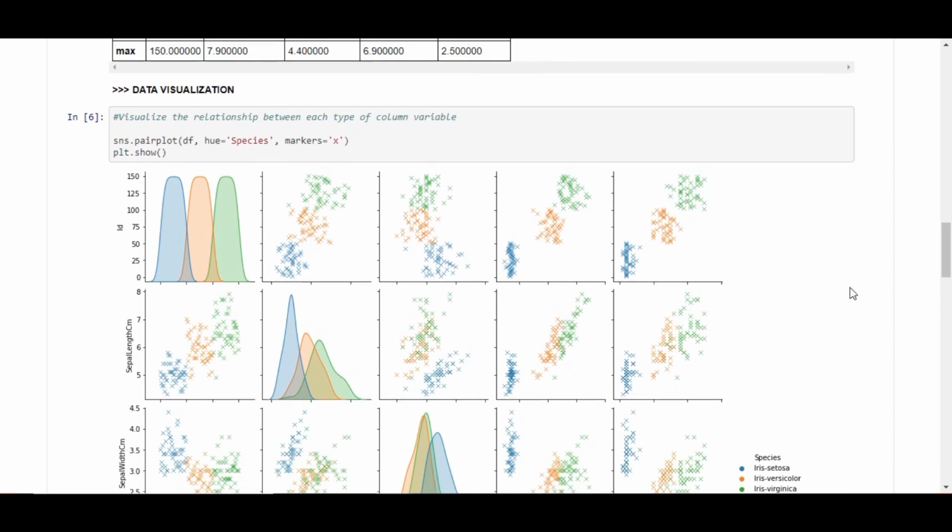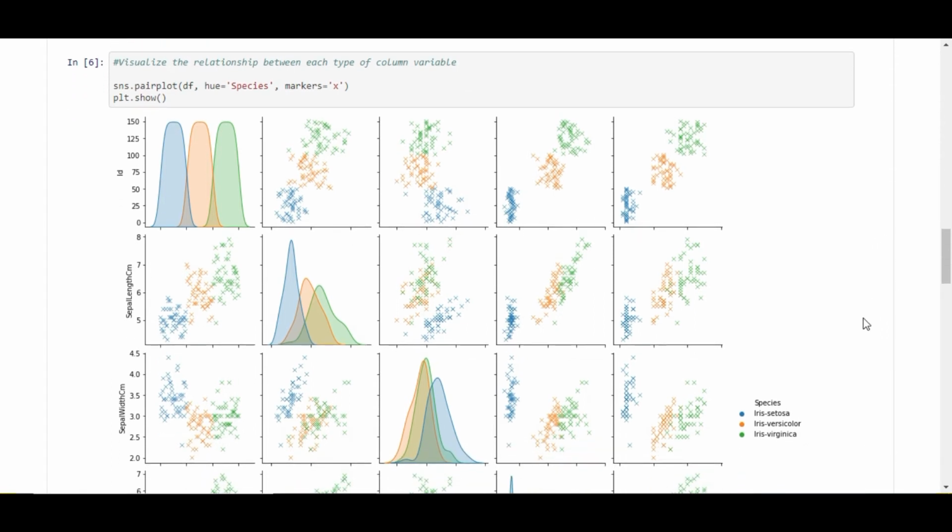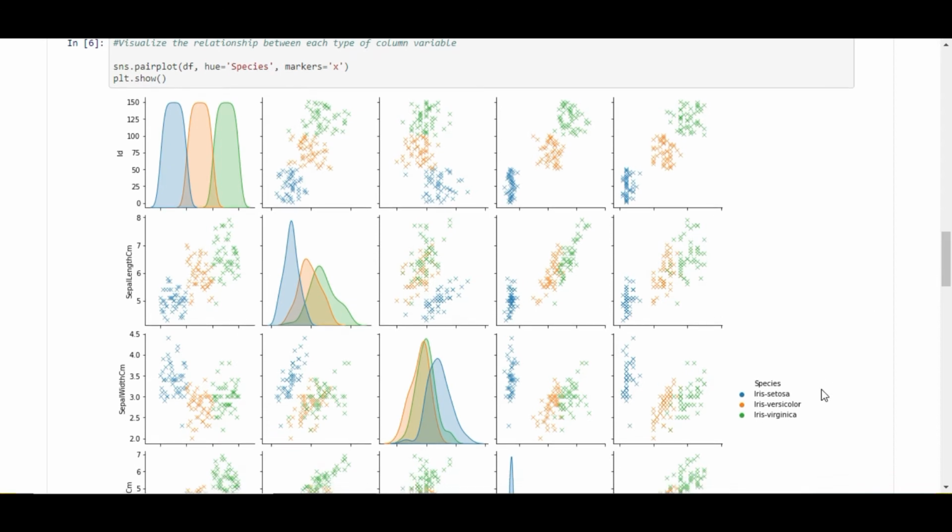Next I have done data visualization. For this I have used the seaborn pair plot. This shows the relationship between each type of column variable with regards to the species. In blue we have iris setosa, in orange we have iris versicolor, and in green we have iris virginica.